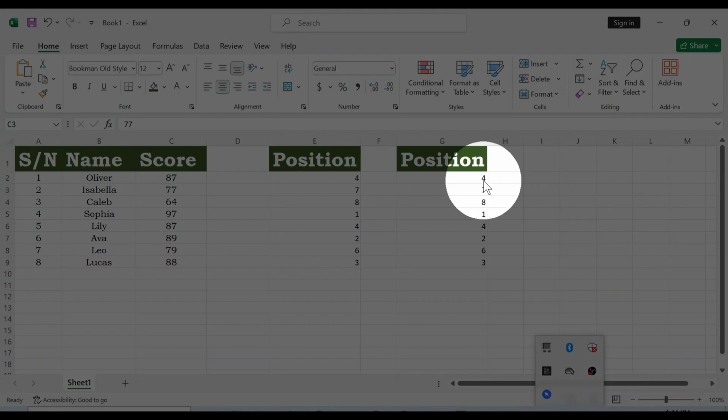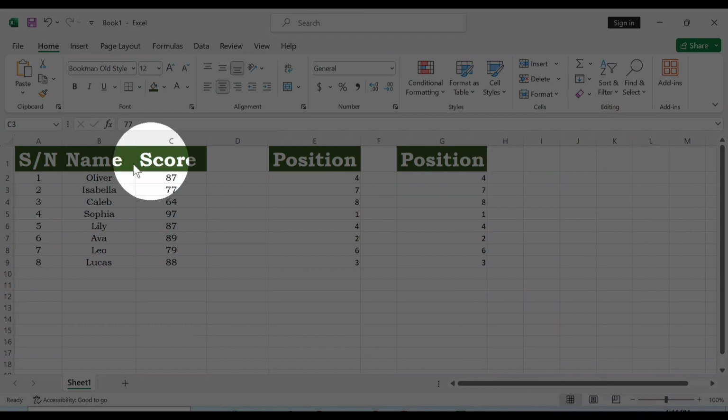Oliver scored 87, fourth position, and here Lily scored 87, fourth position. Now, if you observe this position column, there is nothing like fifth position, because the two students who were supposed to take fourth and fifth have both occupied the position of